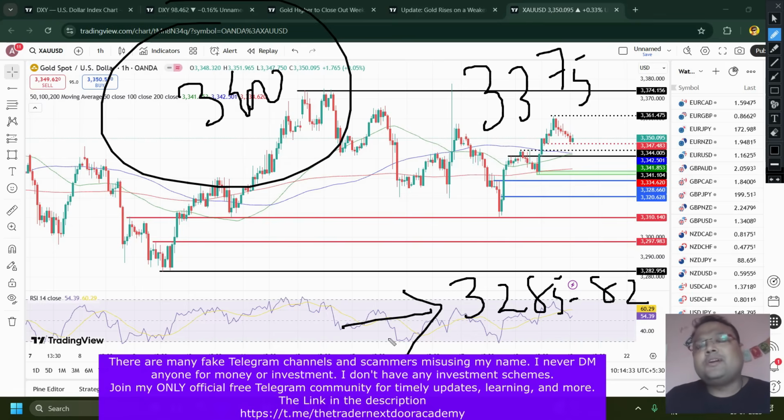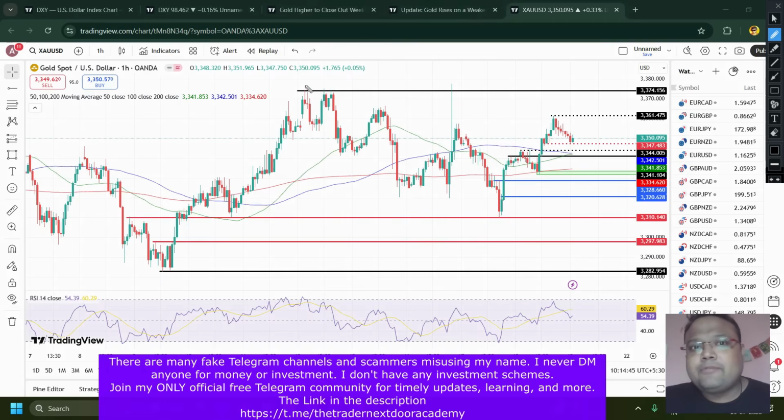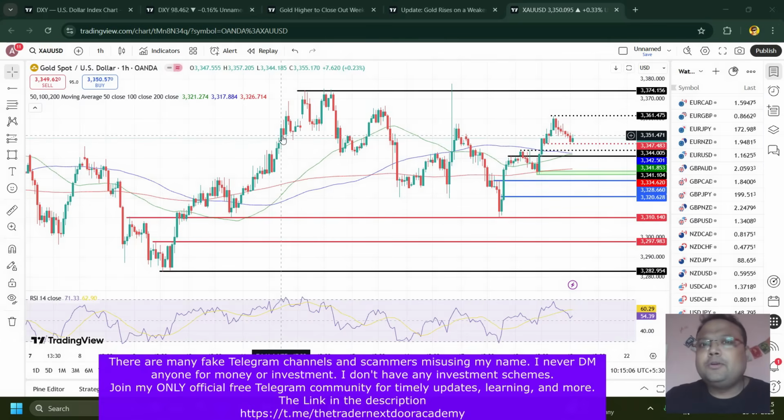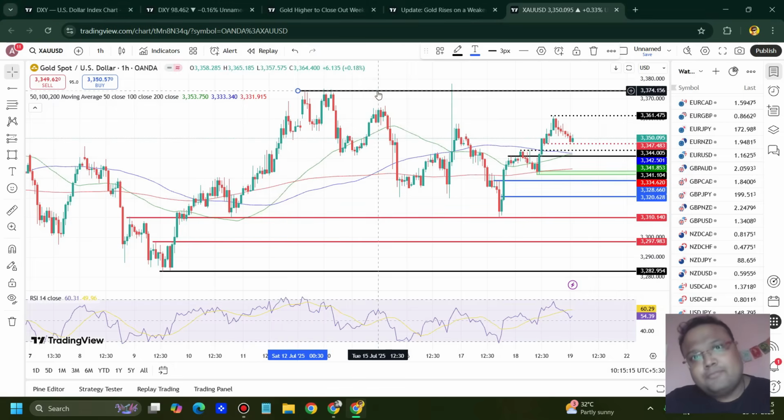Chances of gold going for a trend reversal or downtrend is very less. So I feel that we have a higher chance of gold getting bullish again, because gold has already tested the resistance of 3375 a couple of times. You can see around 4 times gold has tested already. So there's a high chance that in the next attempt gold will be able to break the level and move higher. I won't say that gold is bullish, but more or less the internal structure is also bullish here. So the range of gold is 3375 to 3285.82, but there's a high chance that gold will be going up because gold has already tested the black line at the top 4 times already.